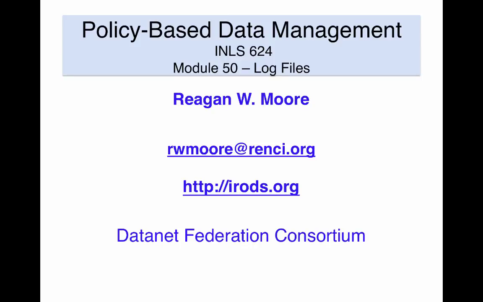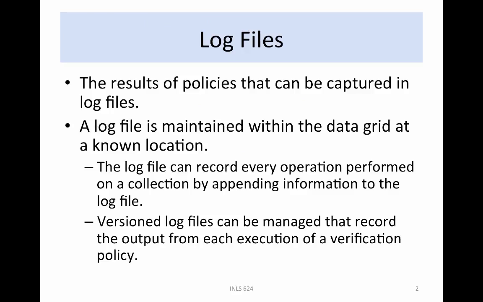Operations performed by data grid administrators should be captured by formal log files. Every policy that is executed interactively by the data grid administrator should generate information about the actions that have been taken that either modify state information or modify files within the system. Examples include repairing corrupted files, migrating files to new storage systems, correcting missing replicas, verifying quotas, checking access controls, and